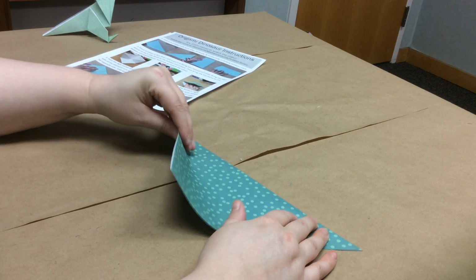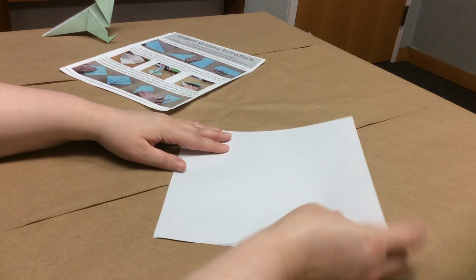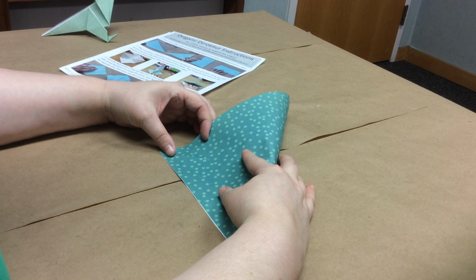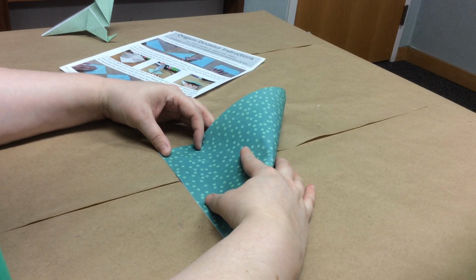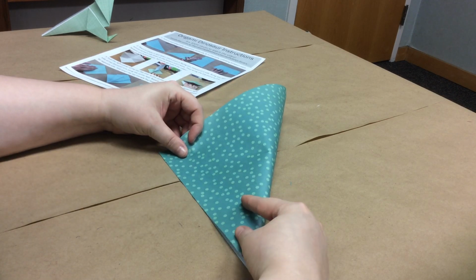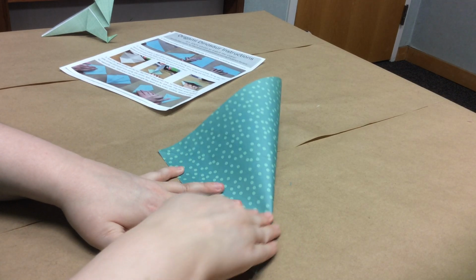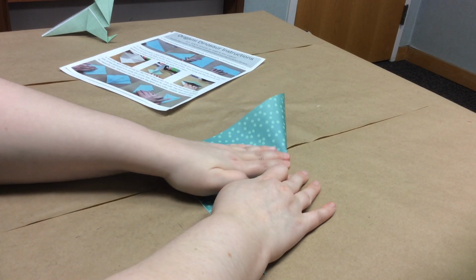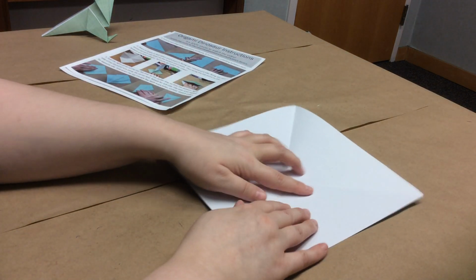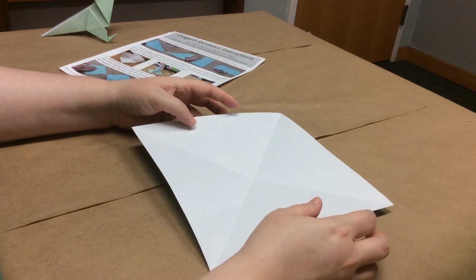And then we're going to unfold it, and we're going to fold it the other direction. So we're going to fold it this way and do the same thing. Line up the edge. Make sure it's really well lined up. Having some problems with that today. There we go. Crease, and then unfold. So that you should have now an X in your paper,